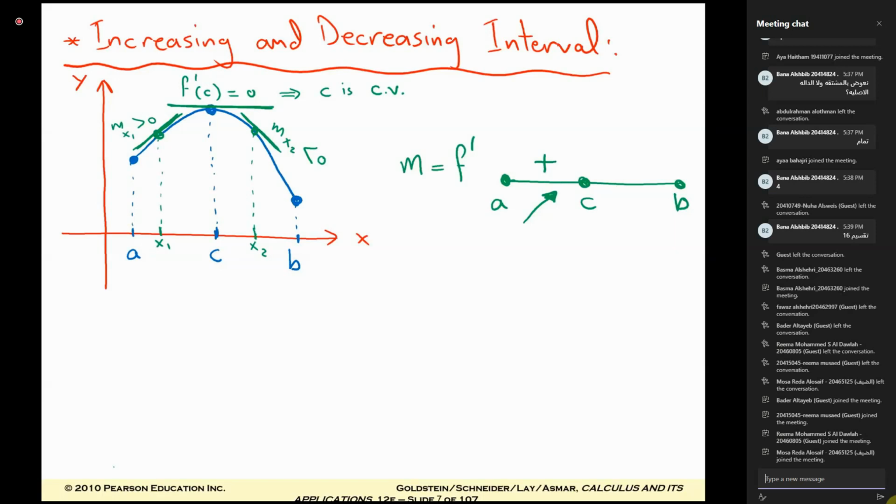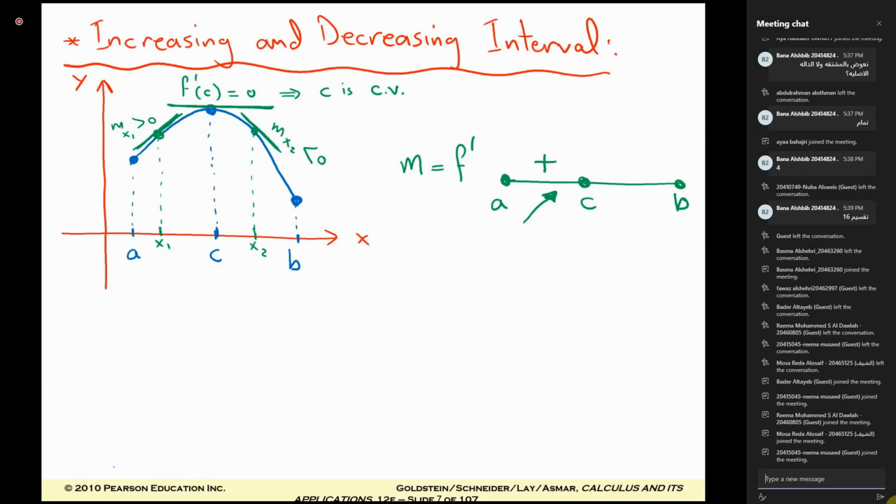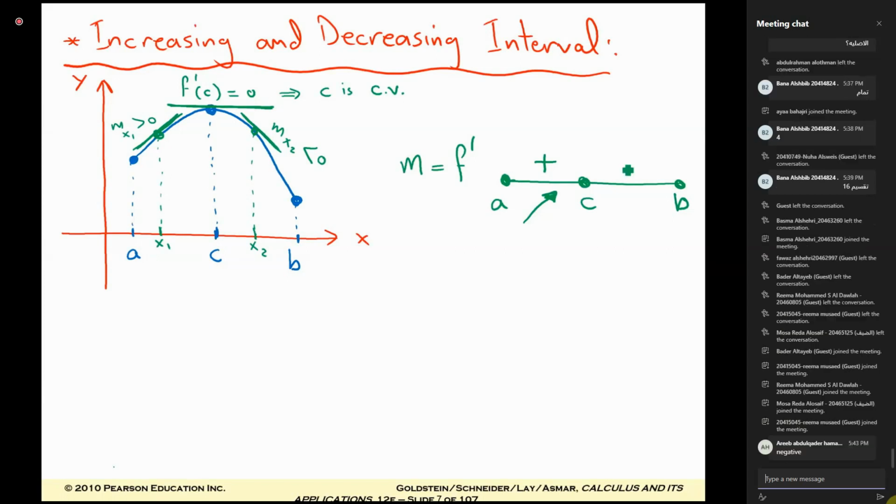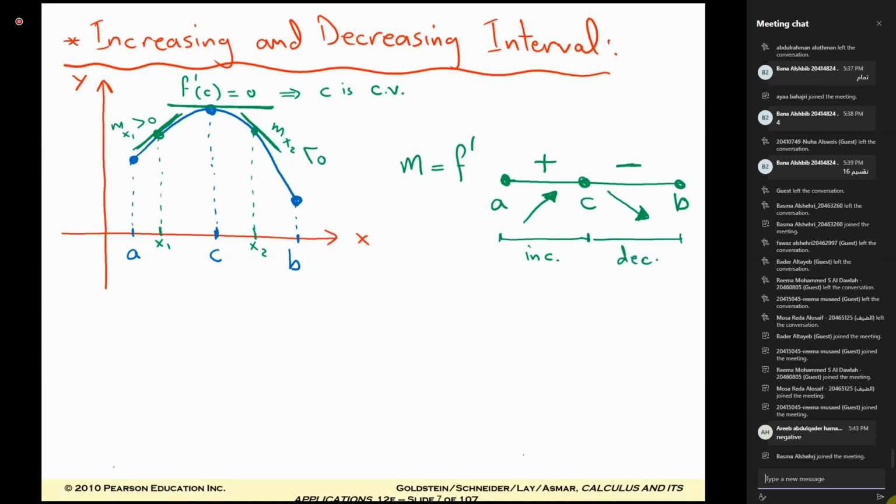From C to B, the tangent line is decreasing. The slope is negative. So f prime is negative. So we have decreasing. From A to C, increasing. From C to B, decreasing. We can conclude